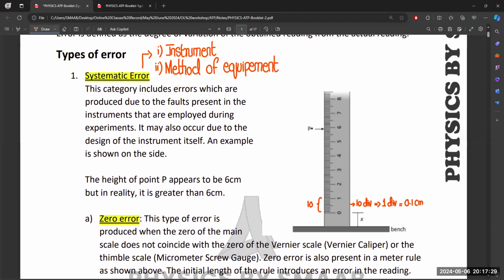And one more thing in the same diagram. Yes, we will discuss that part in the question also. These notes are just for your reference, for the important points that we have to keep in mind during the experiment. And if we take the example of this ruler again, in this ruler you can see